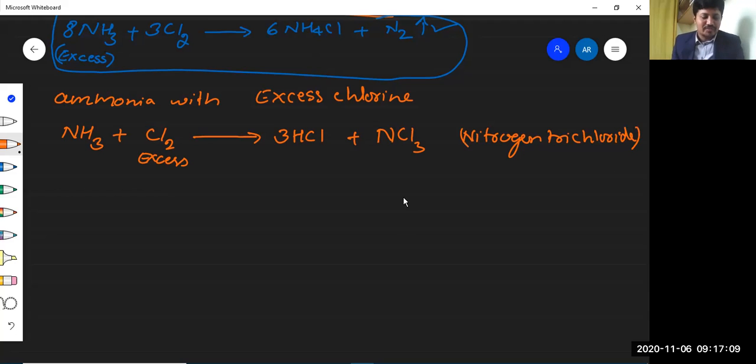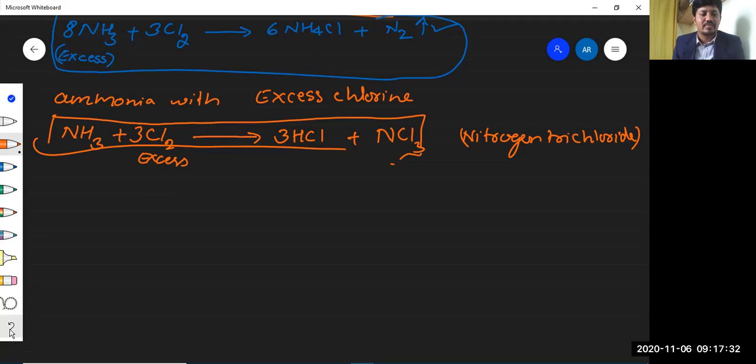So basically, this is the reaction. Now, how to balance the equation? I can put a 3 here because there are 3 hydrogens. Hence, I kept 3 here. After that, it becomes 3 chlorines, and here 3 chlorines, total 6. So I multiplied here by 3. So this is the balanced chemical equation